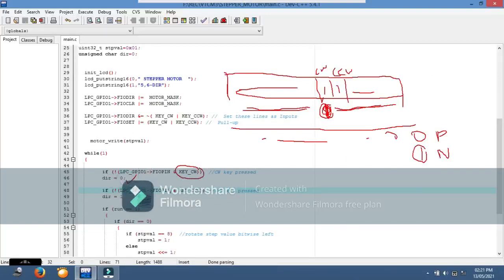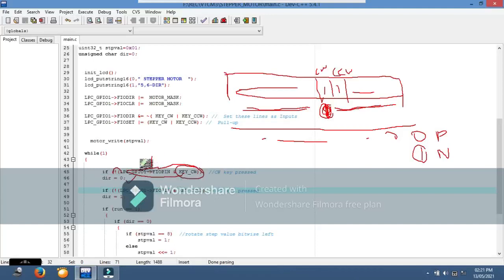the motor will rotate in the clockwise direction, right? See here, if a key is pressed, the result of this will become 0. If the result of this becomes 0, the not equal to we are giving here will make it not, and the total under if the result will become 1.